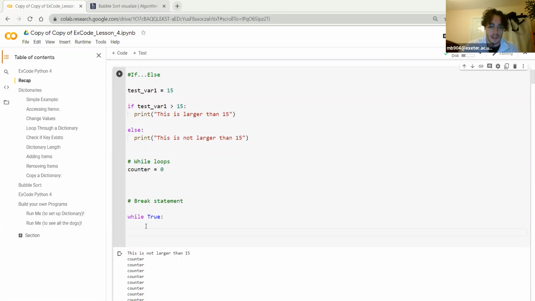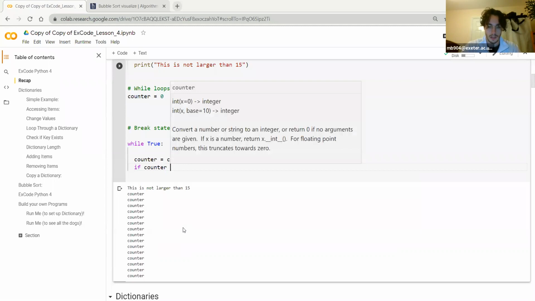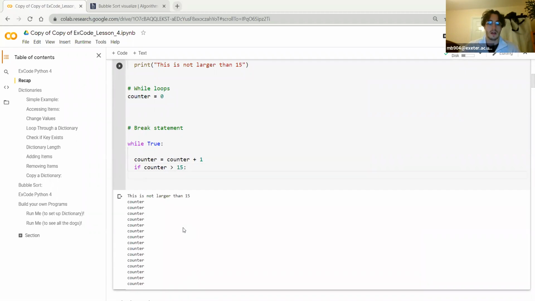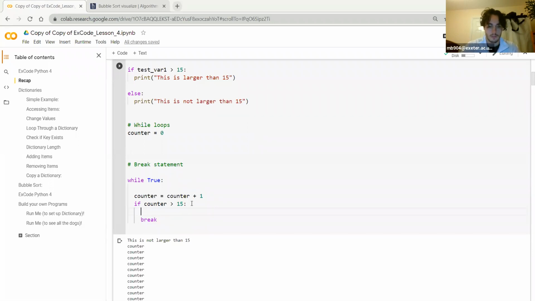So let's say when counter once again gets to 15. Every time we do counter equals counter plus 1, we're increasing counter by 1. And then if counter is larger than 15, then do this. So every time we go through the loop, we're increasing counter by 1, and when counter is larger than 15, we will break, and we will print is larger than 15. If we run this,